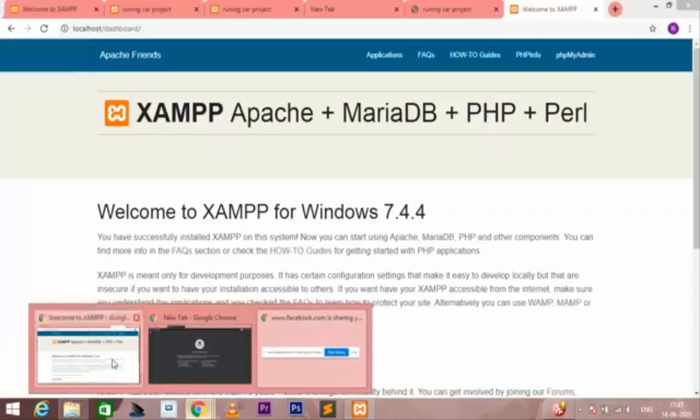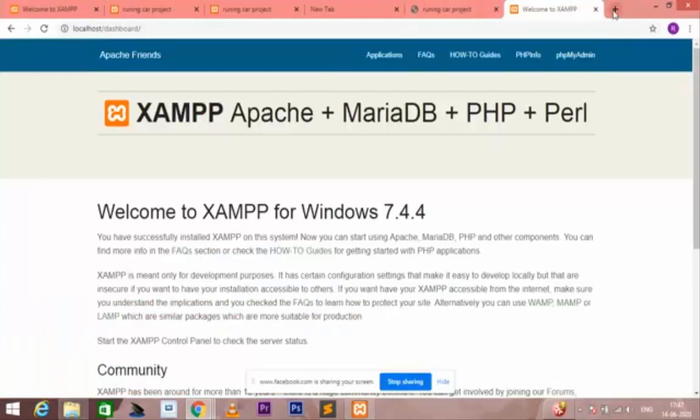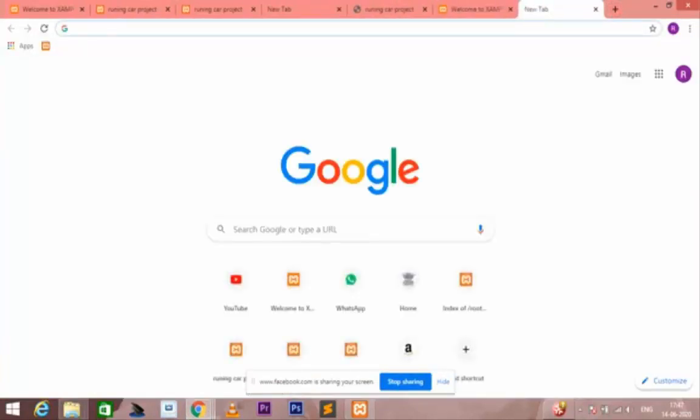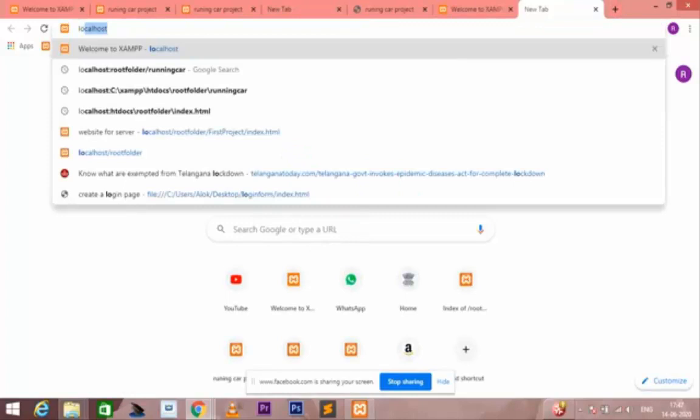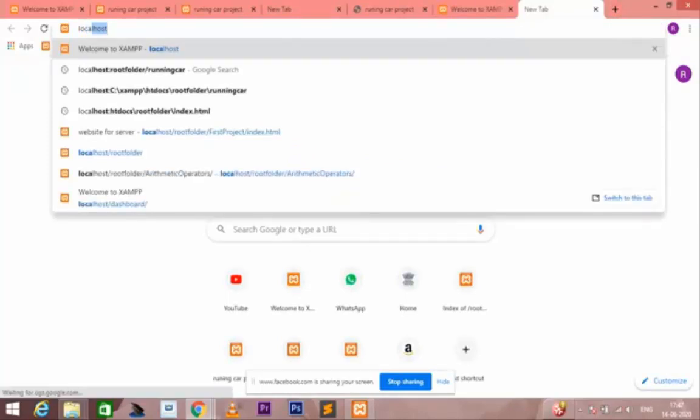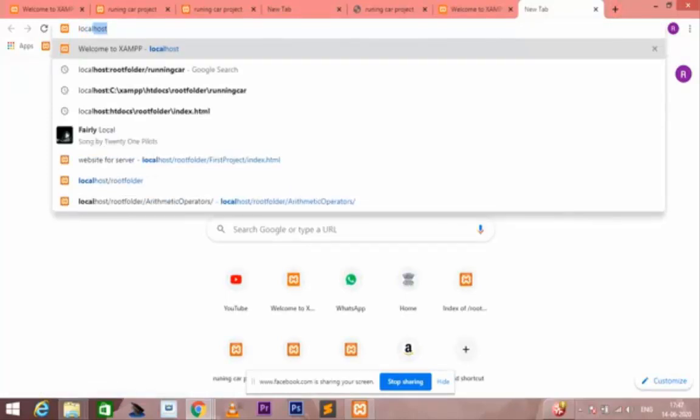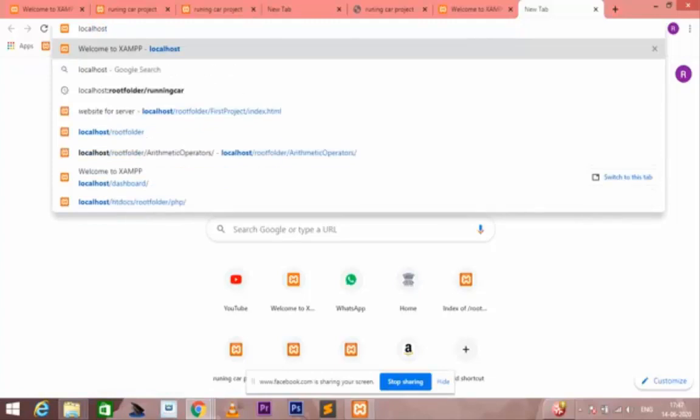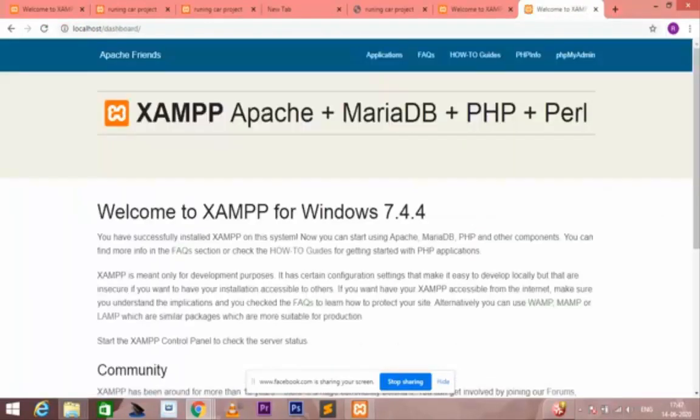After that I minimize it and go to my browser, and I search localhost and press enter. That means my entire content will be loading, no problem.